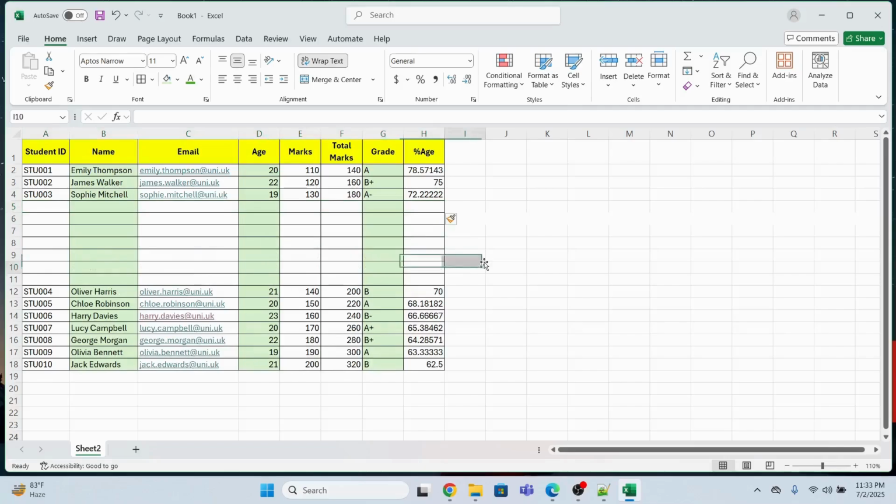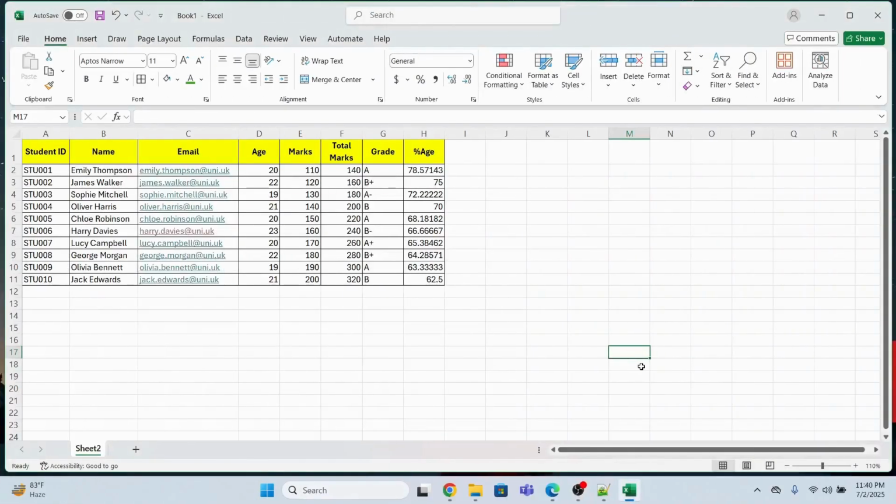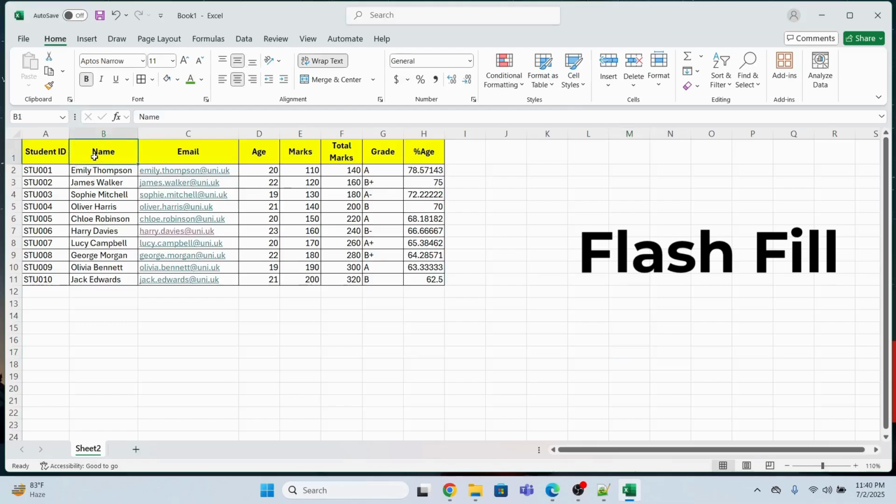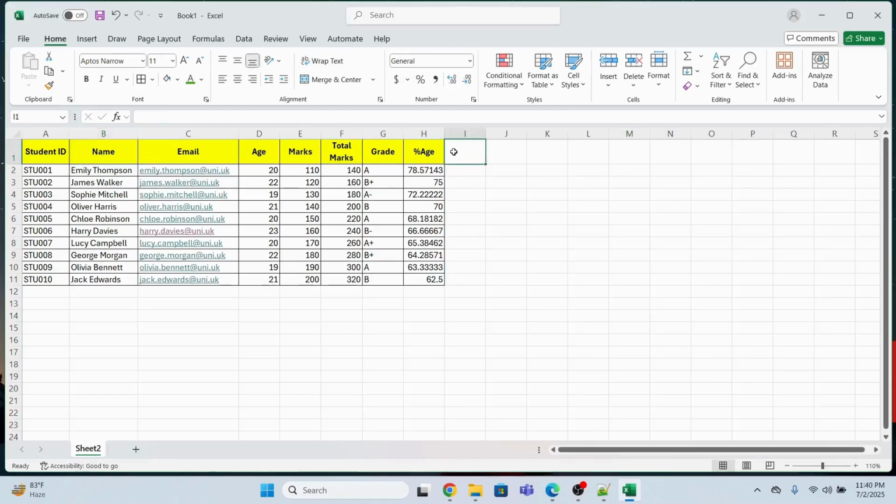Now, the second coolest Excel tip is called flash fill. So let's suppose this is my name column. From this name column I want the first name. So how am I going to do it? Very simple. I will first define a column name, first name, and then I will write the first name over here. So from this cell the first name is Emily,